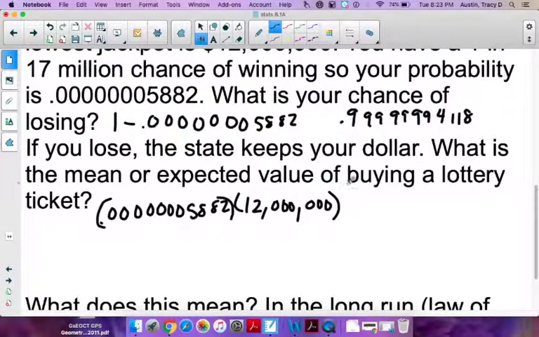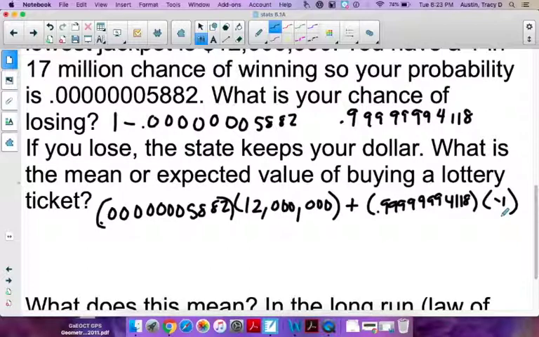If you lose, you have to add these together, your chance of losing is 0.99999941118, and you lose $1. If you multiply that out,